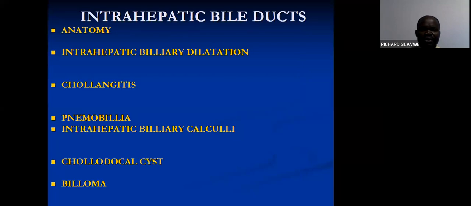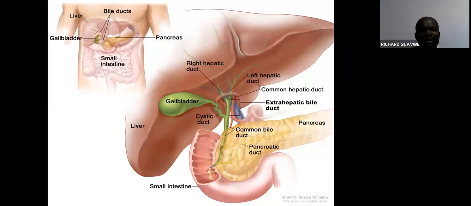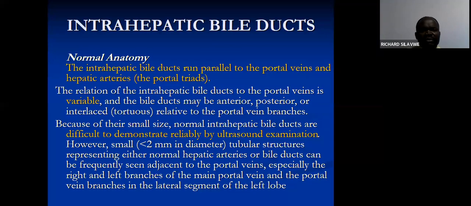Then we will talk about the intrahepatic bile duct, which we already mentioned in terms of anatomy. But now here we will talk about the dilatation, cholangitis, pneumobilia, intrahepatic biliary calculi, cholangiocarcinoma, cyst, and biloma. We'll just go quickly. So the normal anatomy here: intrahepatic ducts run